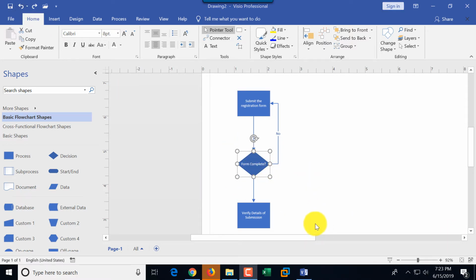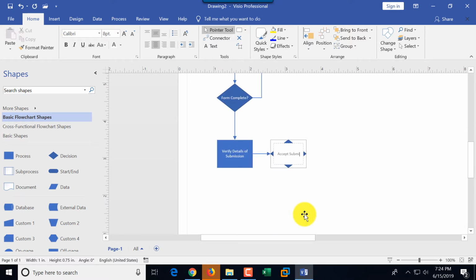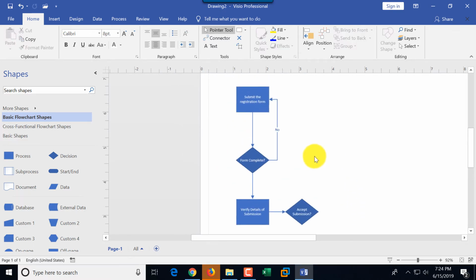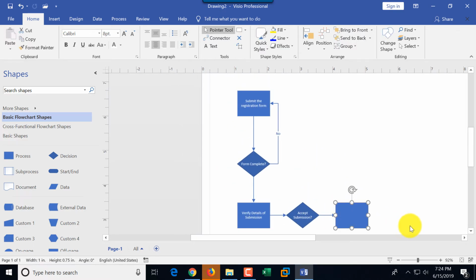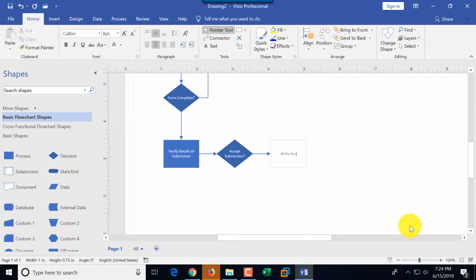Now we would need to add a couple more steps about accepting or rejecting the submission. And if submission is accepted, then we'll write acceptance letter. If it's rejected, then we notify a student about the rejection. So to do that, we go into decision shapes. Remember, I showed you, you can drag and drop. Very similar process. Doesn't matter which stencils you use in Visio. Or we can select the shape, a rectangular shape, and then add a decision point diamond, type accept submission question mark. If we say yes, then we say write acceptance letter,